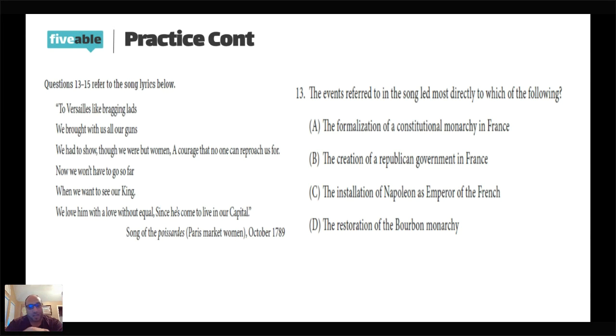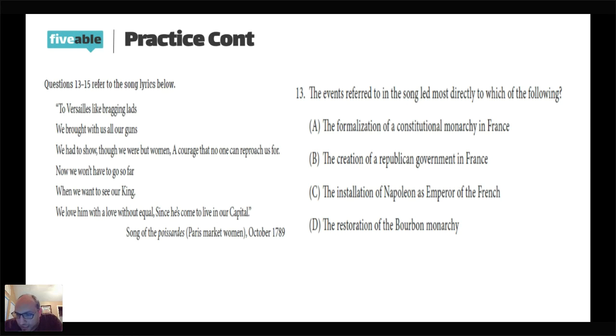So if you want to do historical context for all 7 documents, be my guest. Probably not going to be the easiest, but you can, okay? Do what comes naturally to that document. Sometimes, intended audience comes out way easier than the point of view, or the context comes out way easier than the purpose of it. Just be careful with context that you're not trying to double dip. You can't use contextualization for the whole question as a contextualization for a document. Okay.